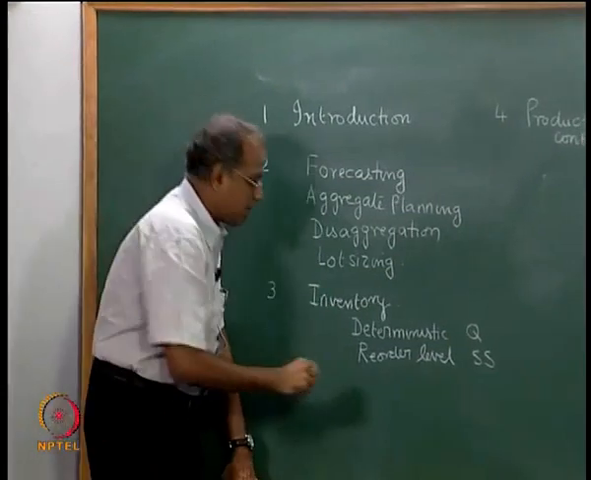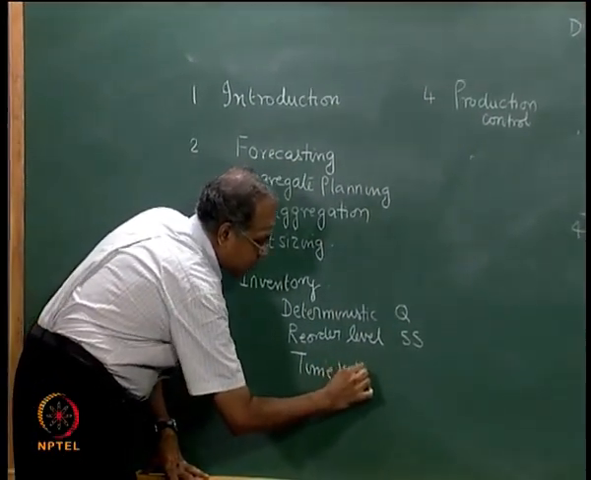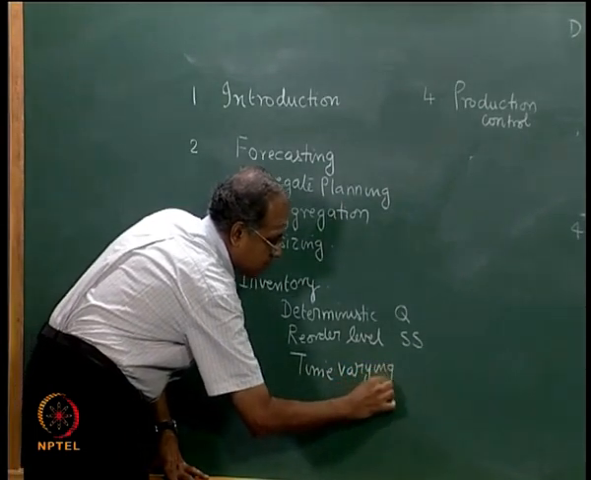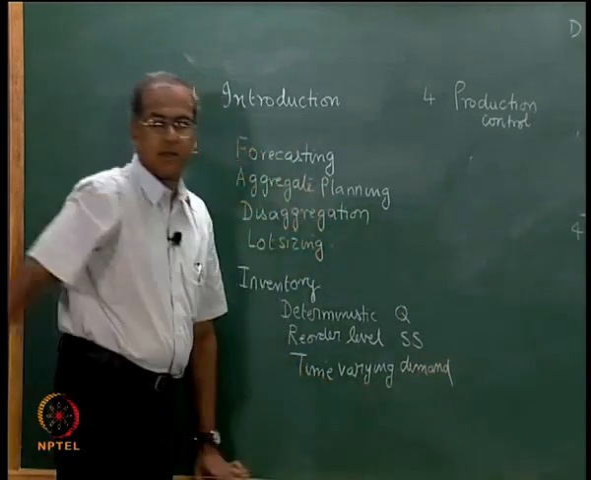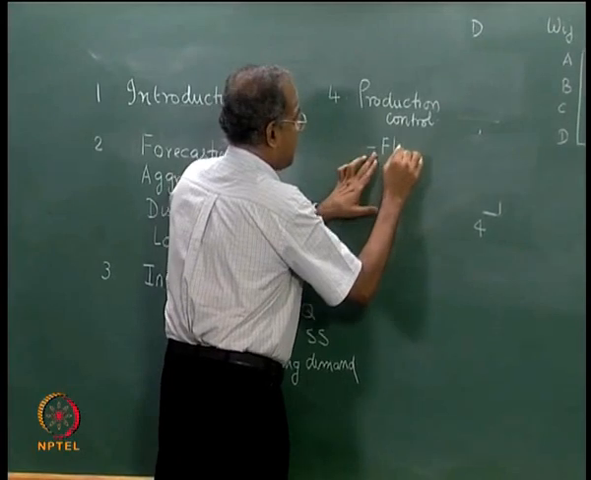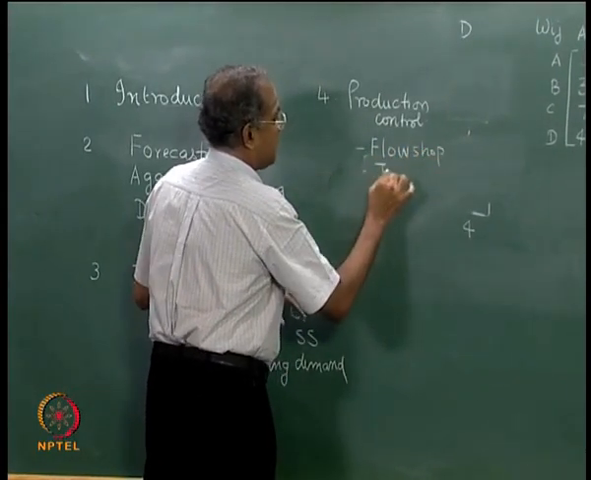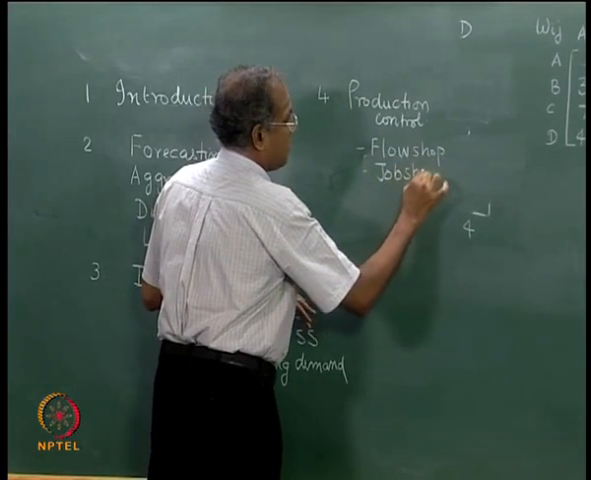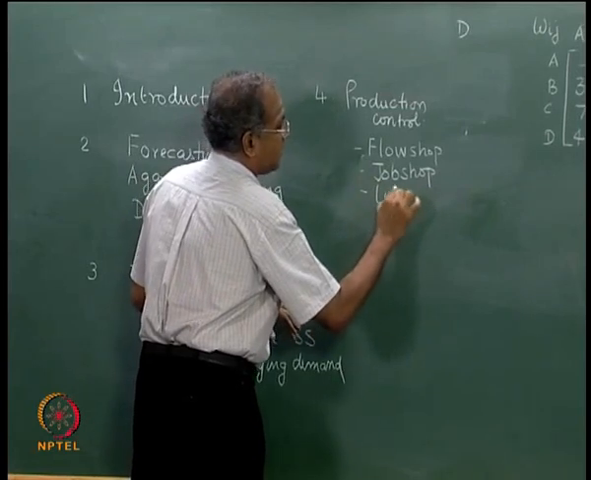within the inventory we also saw inventory with time varying demand, we saw some aspects of production control, we saw flow shop scheduling, we saw job shop scheduling, we also saw line balancing,